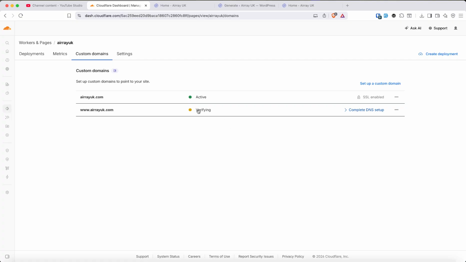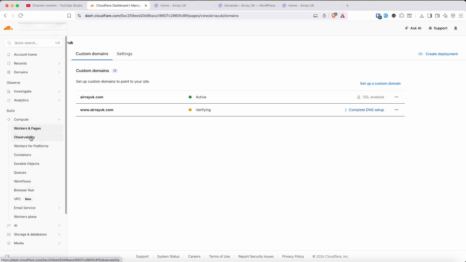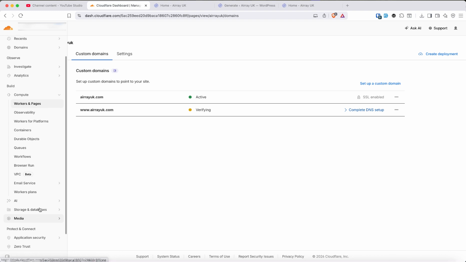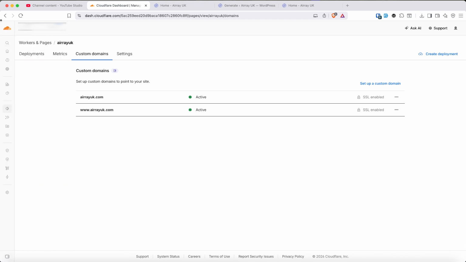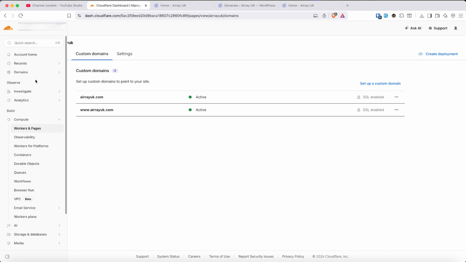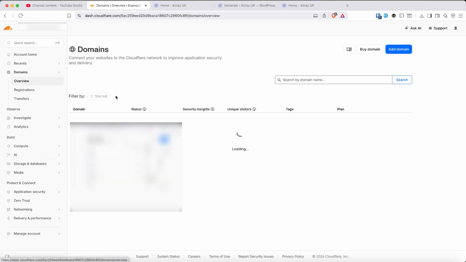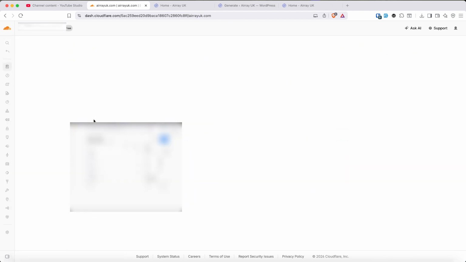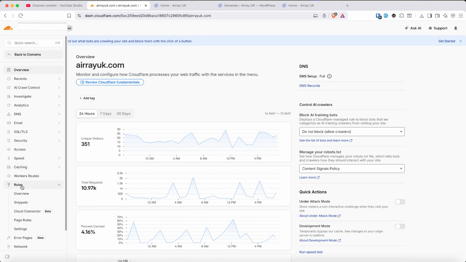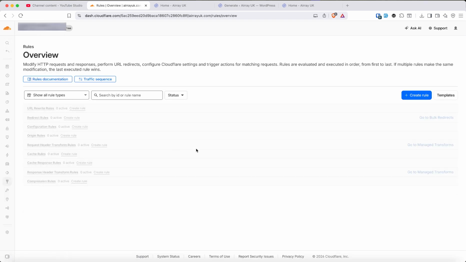While we are looking at this one, there's one more thing that we can do, which is set up a rule to forward a non-www request to www, which is under rules. So if we go to domains, overview, and then go to rules, overview,